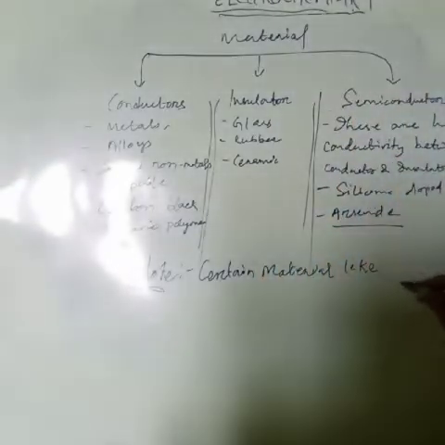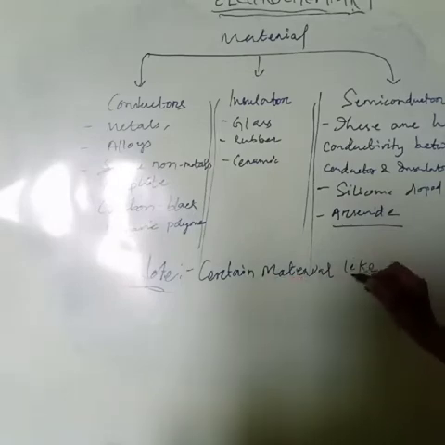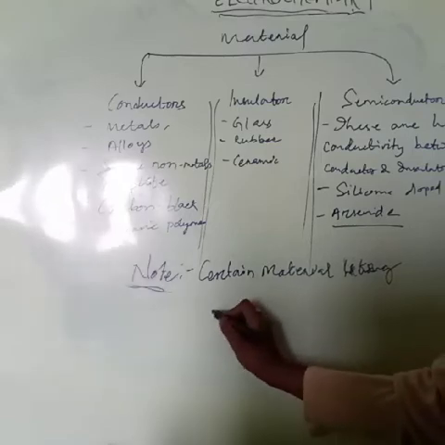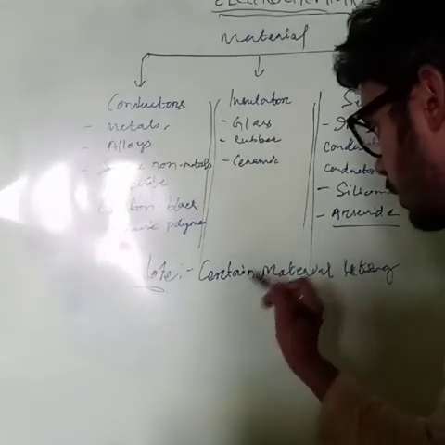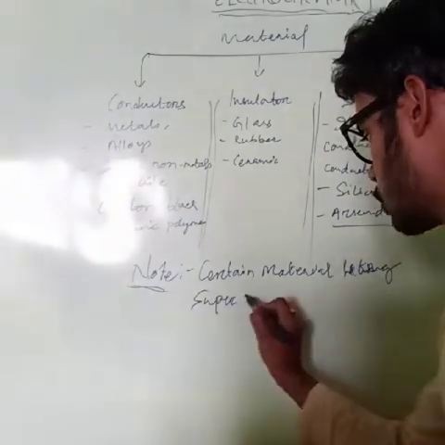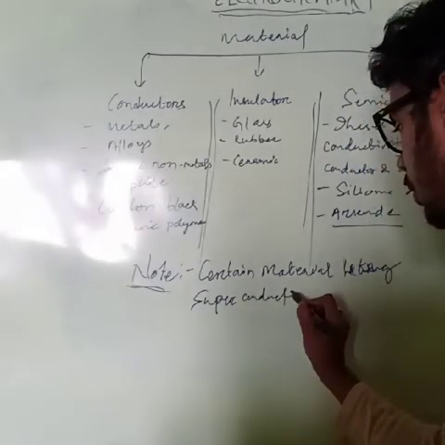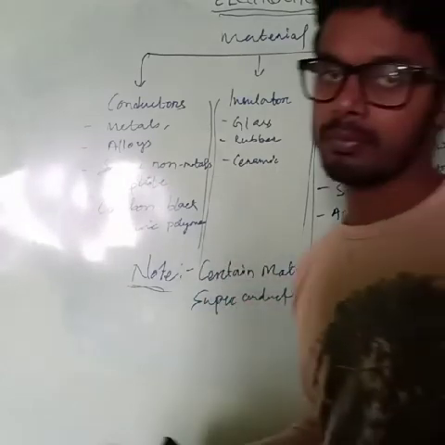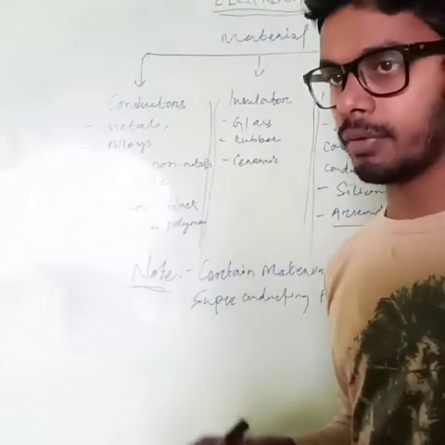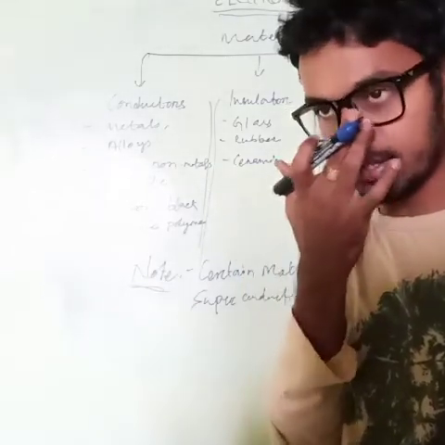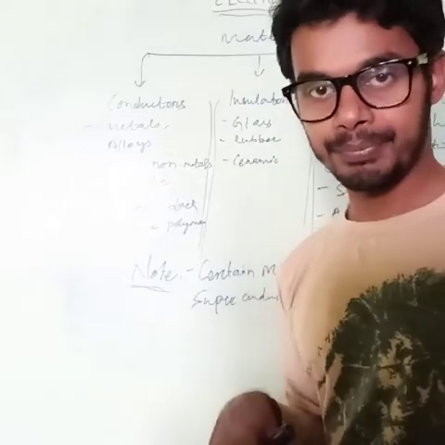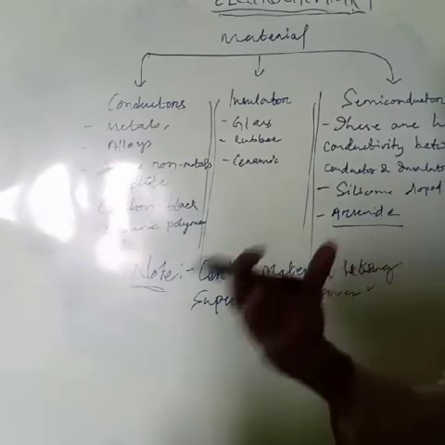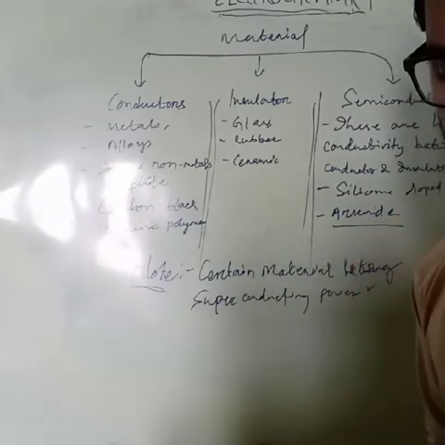Okay, so certain materials having superconducting power, you can write this, superconducting power, are known as superconductors. Nowadays superconductors are heavily used in electronic devices, again in solar plates. They have the capacity to conduct electricity in a super way.